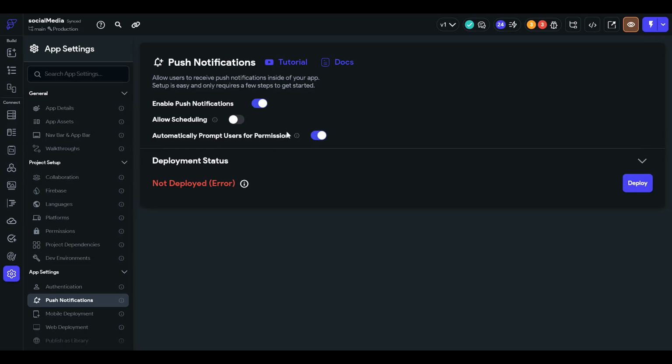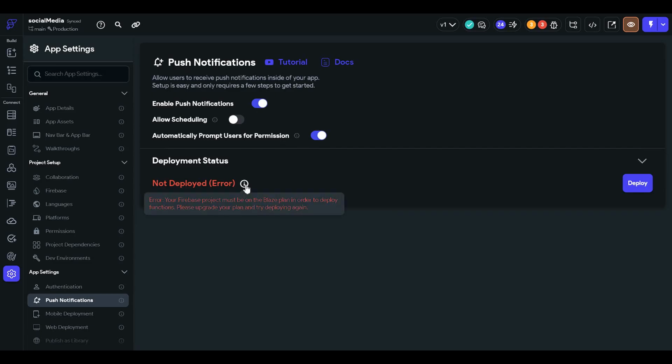Automatically prompt users for permission. This happens because when the user is opening the application, it automatically asks for permission whether we can send notifications to them or not.